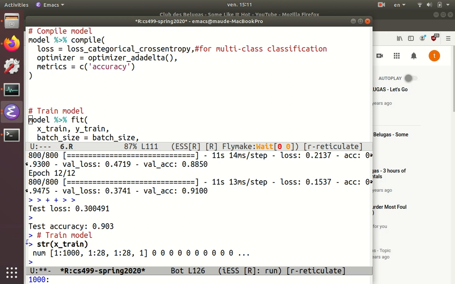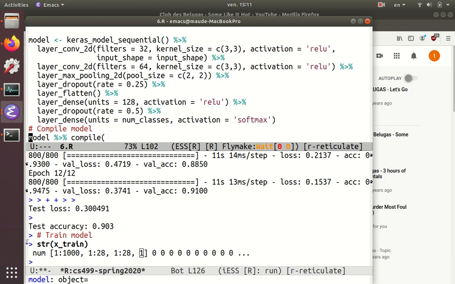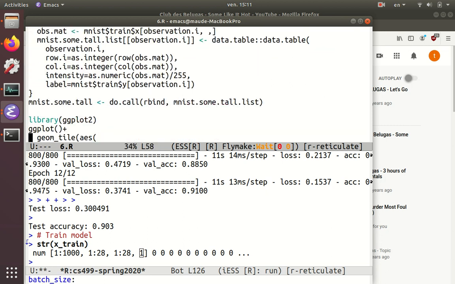where the first dimension corresponds to the number of observations, the second is the number of pixels high, the third is the number of pixels wide, and the last one is the number of channels. Here it's only one channel because it's a grayscale image. So when we look at the